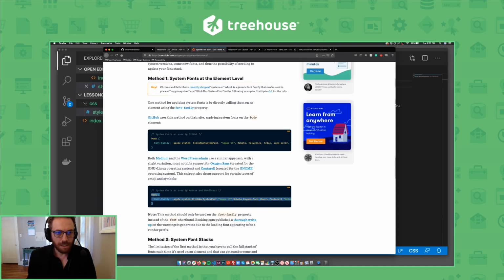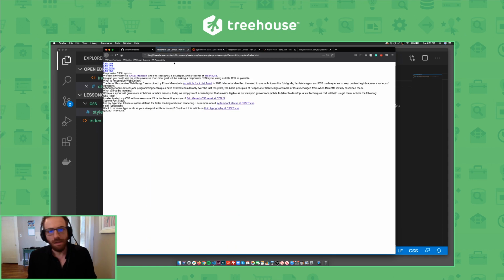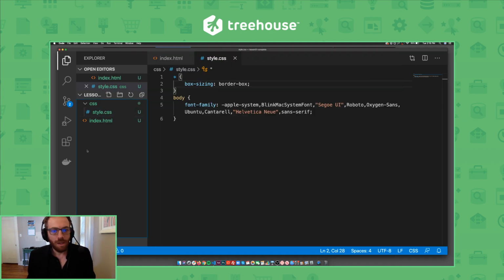All right, testing this out. And the box sizing border box, we didn't really see a visible change. That's just affecting how my browser makes box model calculations. My font now should be San Francisco because I'm on Mac OS X. If I were to launch this and try it on an Android device, I would see Roboto. Okay,